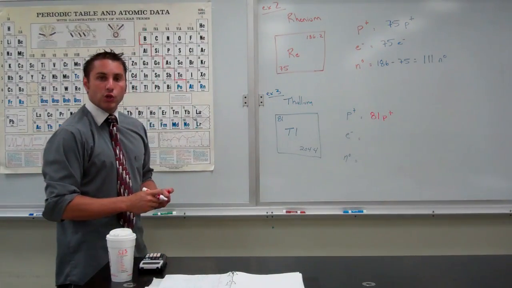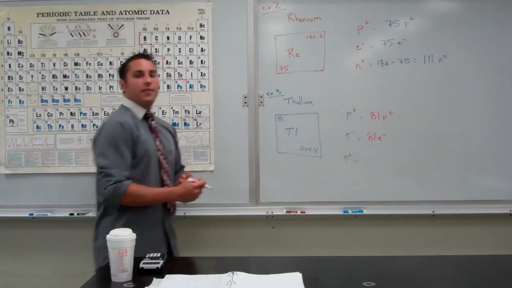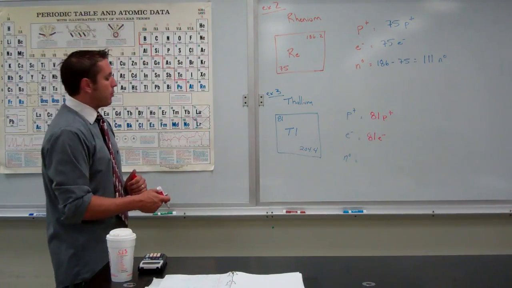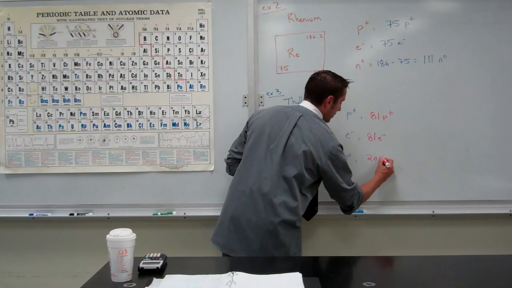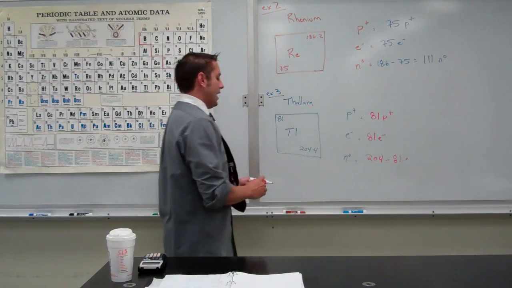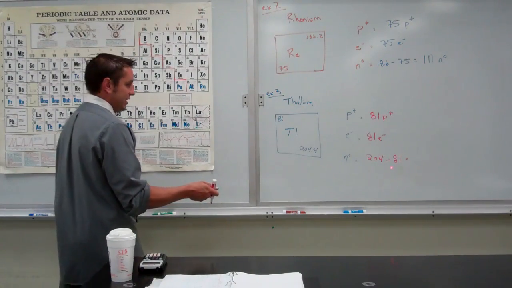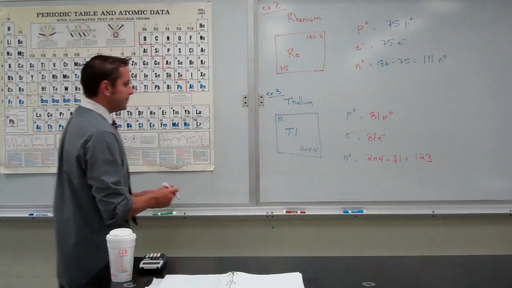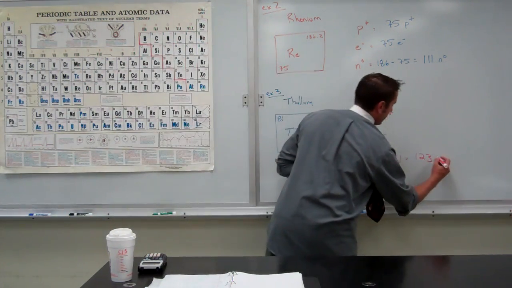The electrons also equal the whole number, which would be 81. And the neutrons will be the whole number subtracted from the decimal number rounded. So we're going to take our 204.4, which will round down to 204, minus 81. 204 minus 81, right? Take 4 off of this, that would put us at 200, which means we're taking 200 minus 77, which looks like we'll have 123. So, 81 protons, 81 electrons,